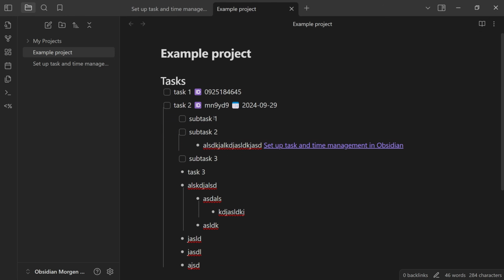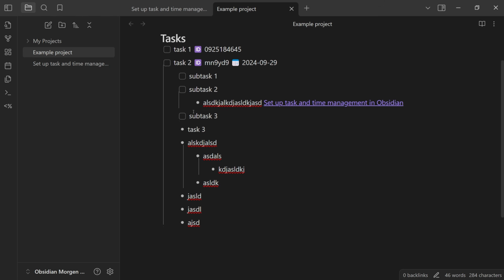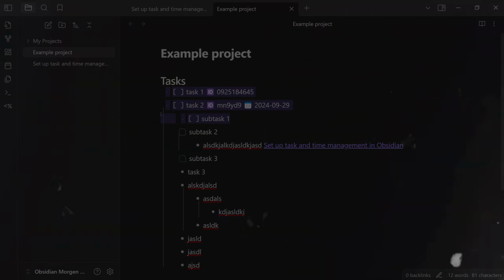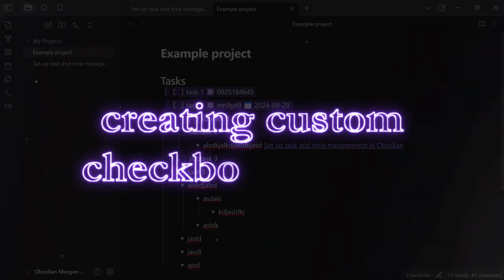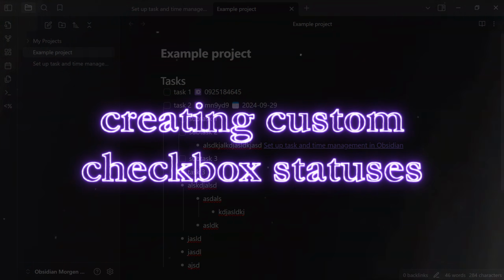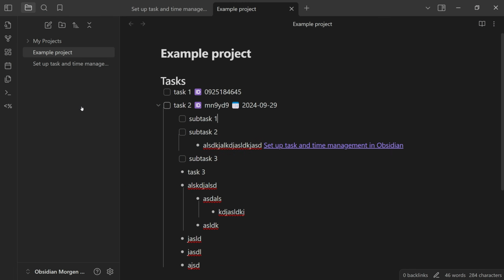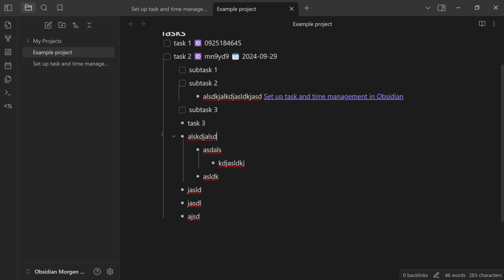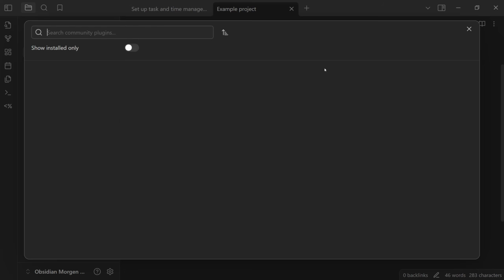So now with this, we can confidently create complex project plans. But one thing I realized when I was using this practice is that I also wanted more custom checkbox types beyond the unchecked and checked versions. For example, what if I wanted to indicate that a task was optional, or if I wanted to have canceled tasks that I don't want to do but then still want to keep there? This is where we can download yet another plugin,